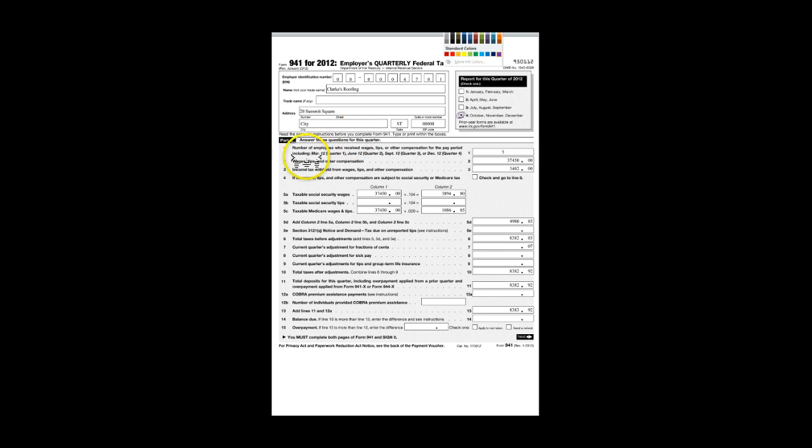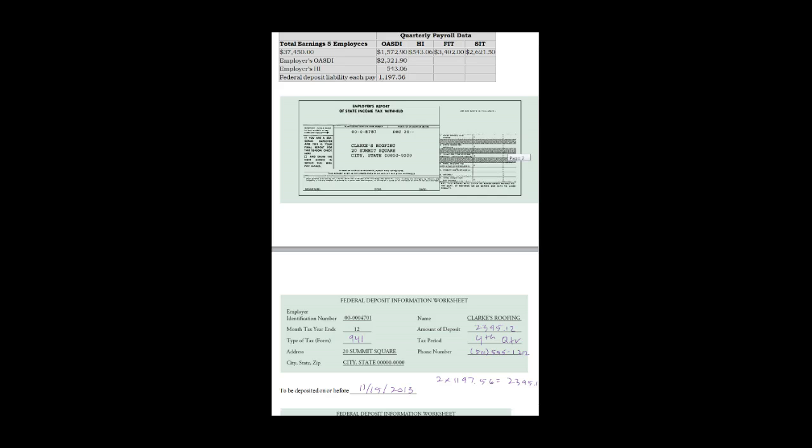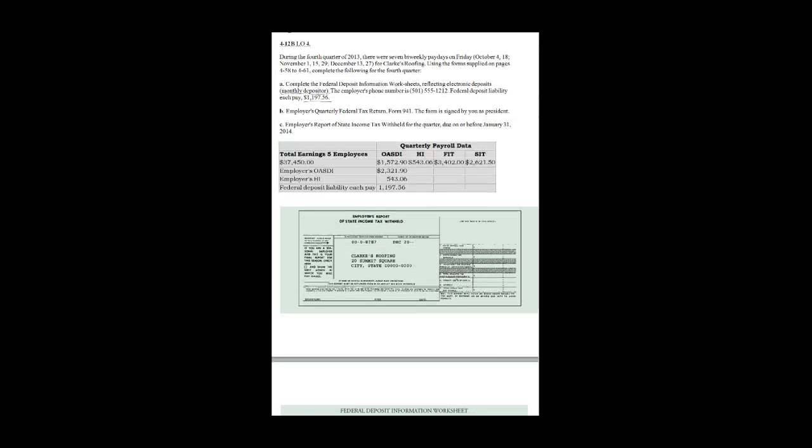Okay, line 1, number of employees who received wages, and then we need the total tips and wages and the income tax withheld. So we get that information from what was given in the problem. We have 5 employees. Here's the total wages, $37,450,